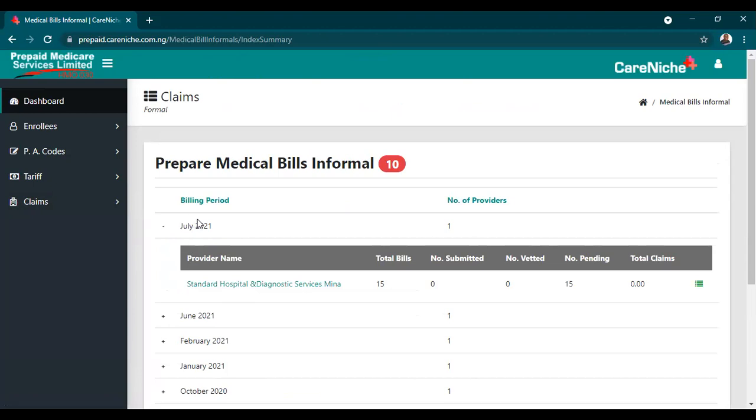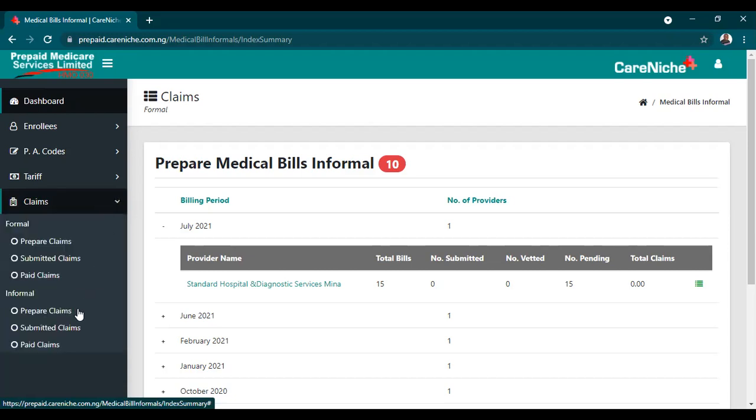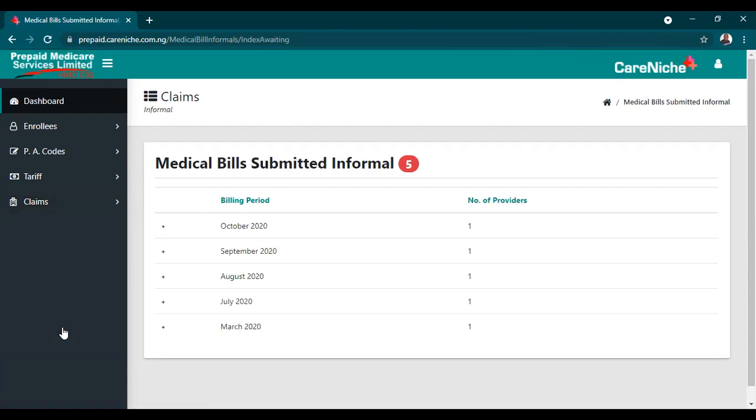But if you are not yet done with the bill, you can just leave it. Anything you add to the bill remains on the bill until you finally click on submit. If you don't click on that submit button that I showed you, the bill will still be with you. Once you have submitted the bill, it comes to submitted claims. As you can see, there are no submitted claims in July because I didn't submit it. So this is basically